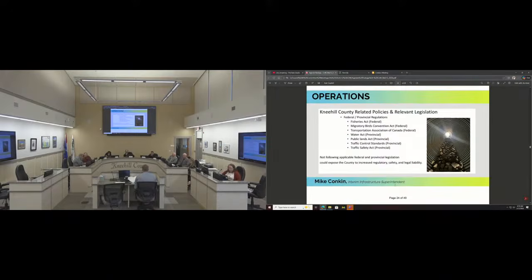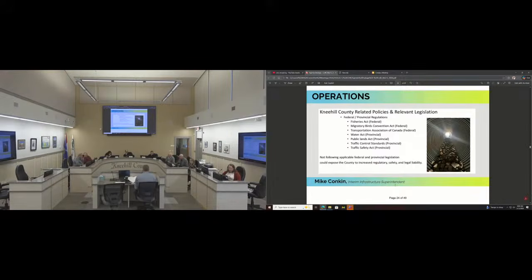These are some relevant legislation that we have to follow. Fisheries Act, Migratory Birds Convention Act. There is a time period where we are not allowed to be cutting brush down, and if we need to, there are environmental sweeps that need to happen. It's a lot of time-consuming stuff. There are a lot of protected birds that fly through the area. The Transportation Act, the Water Acts, Public Land Acts, Traffic Safety Control, and the Traffic Safety Act.